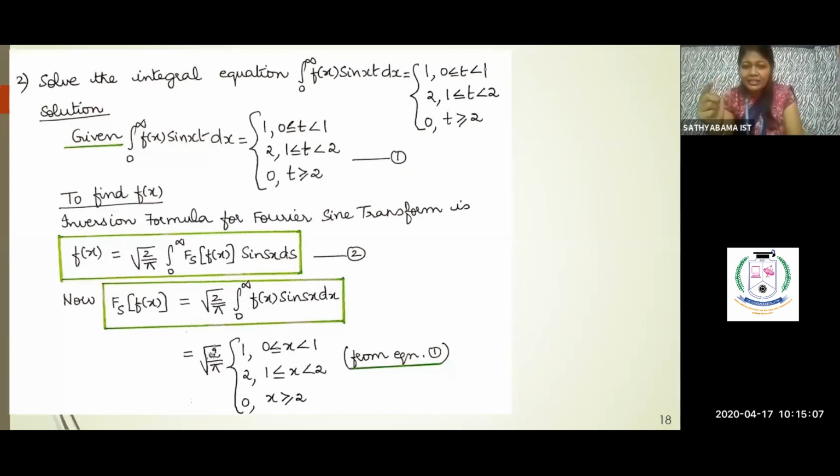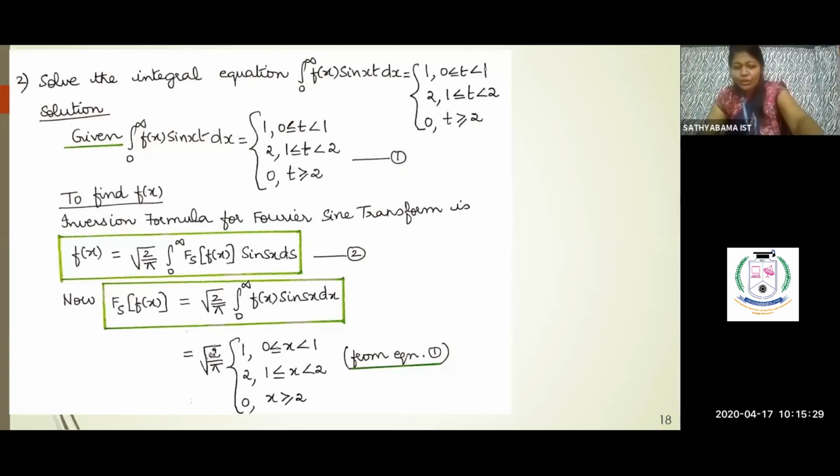What is the difference there? Now there I have t. Here I have s. So this actually takes 3 different values in 3 different intervals. The value of this integral is given in the question. So I'm simply using that here.